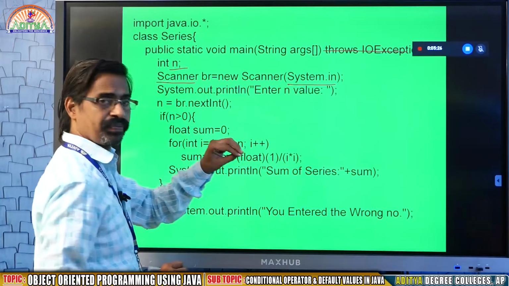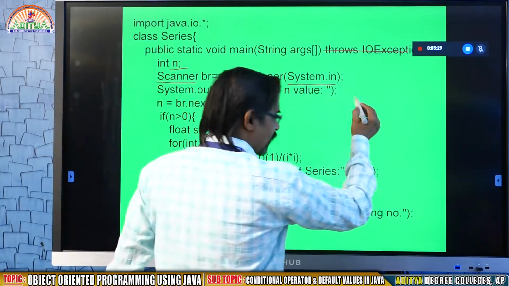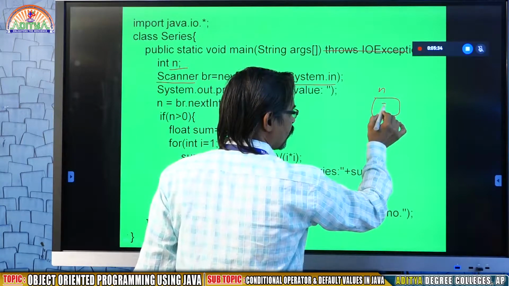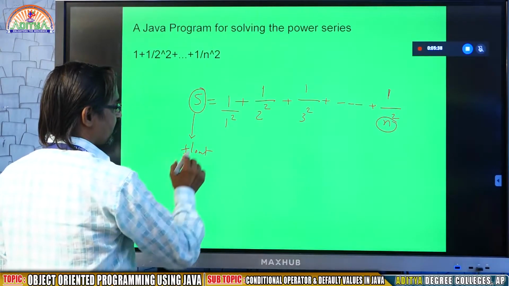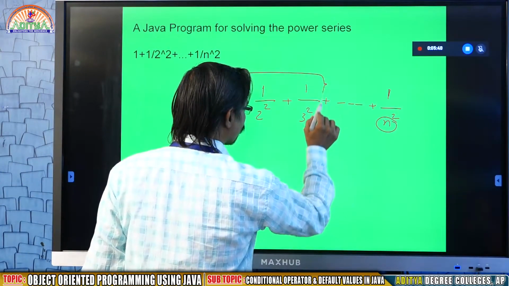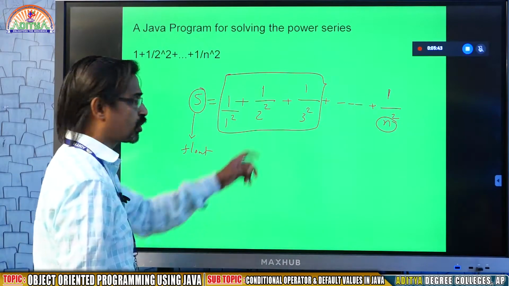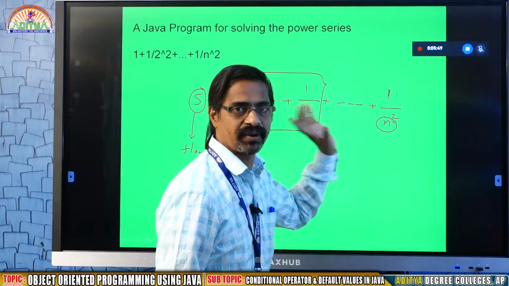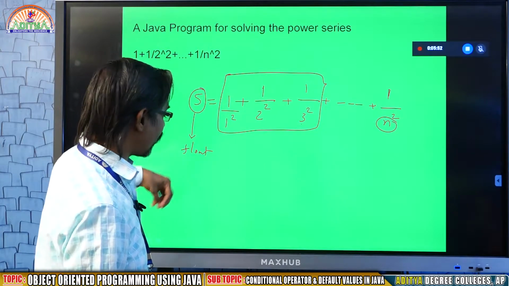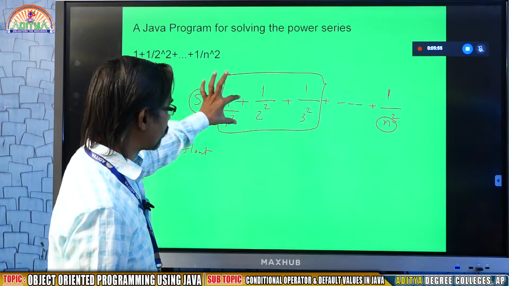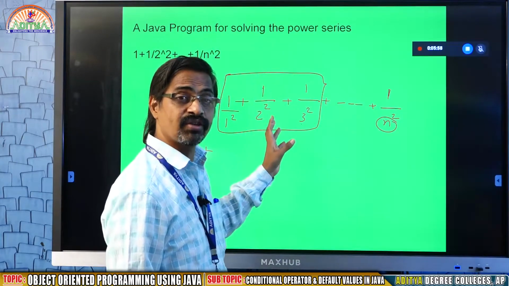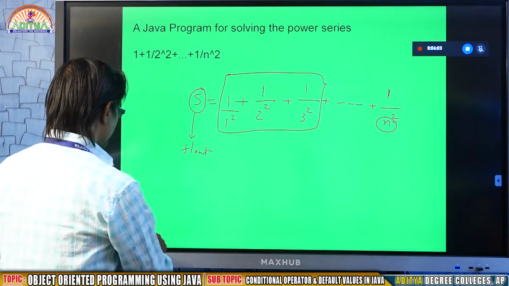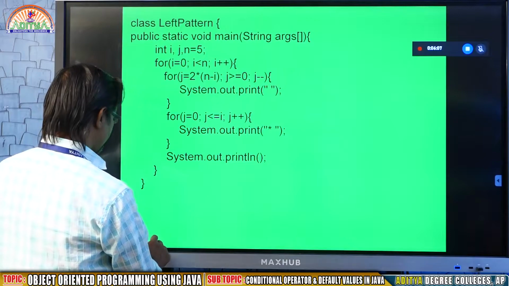So I am reading the n value. For example, according to the previous example, I took n value 3. That means I want to calculate this series only up to 3. If I give n value 6, up to 1 by 6 square. Like that, if I entered 3, I have to calculate 1 by 1 square plus 1 by 2 square plus 1 by 3 square. If it is 4, one more additional term, plus 1 by 4 square. Okay, so at this moment, you may find it.